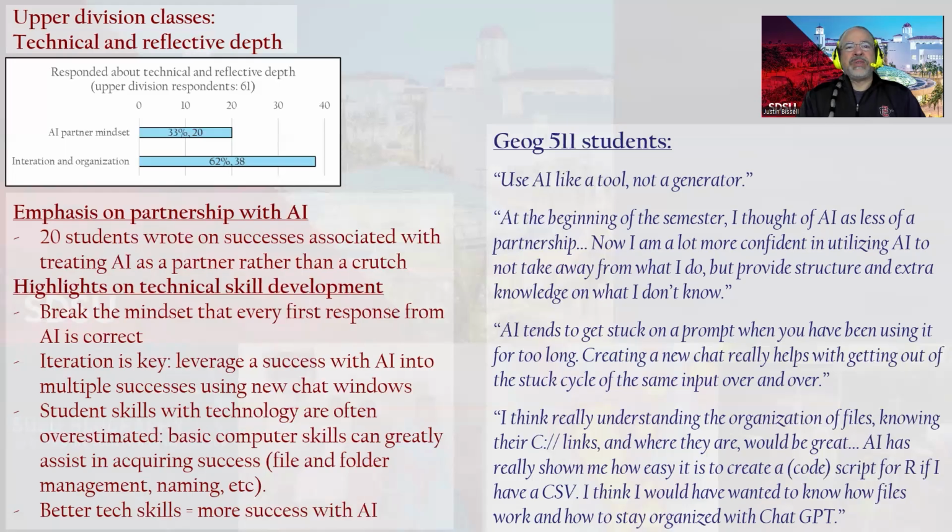On the path of technical skills, 18 students highlighted the need for iteration and chat management. 15 stressed an upfront file path organization, with comments referencing their directory paths. Though at first these insights into the tech may seem dissimilar, they are actually linked intuitively. Understanding the concepts of logical iteration, logical organization of data and tech management, and an understanding of cause to effect in relationship to the tech yielded vastly improved student performance.